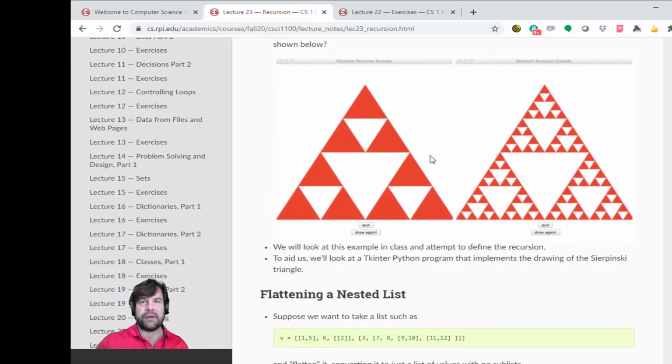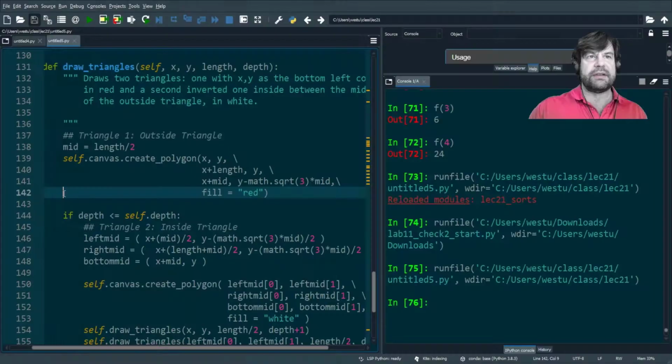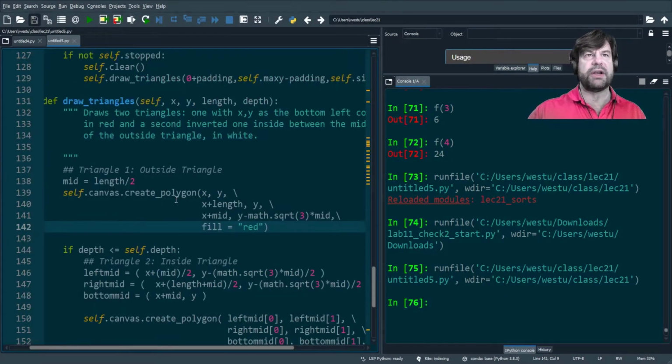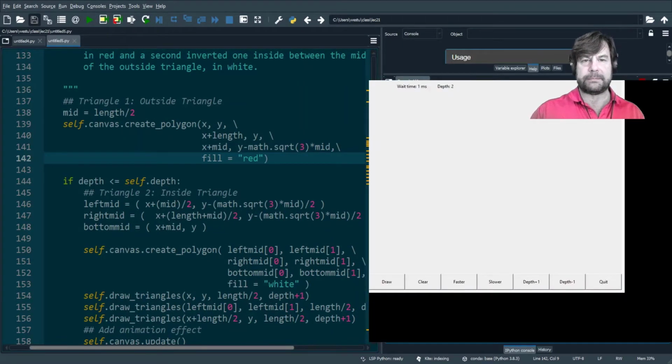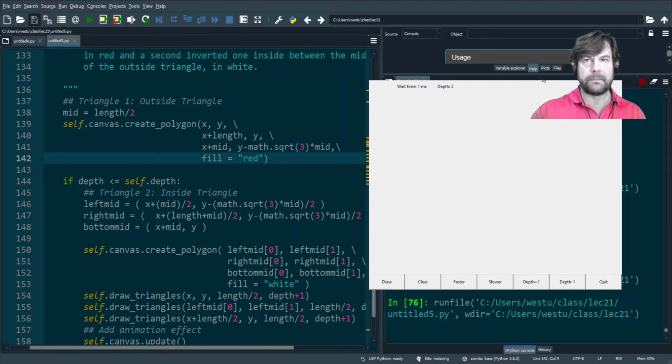We looked at this briefly. Our next lecture, Lecture 22, which will start as soon as we're done with the recursion, is going to talk a little bit more about tkinter, which is the way we actually built this interface, built this project. So I'm not going to talk about that too much, but I do want to walk through a little bit here. This is the tkinter example for the